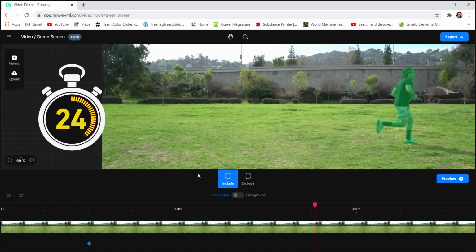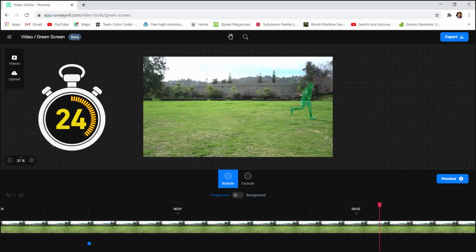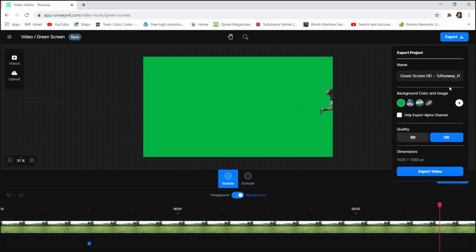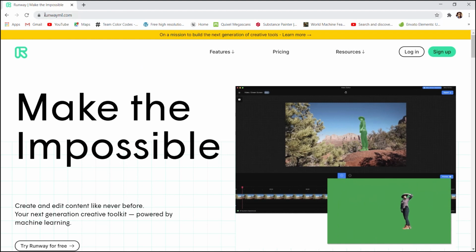All right, let's see how fast this goes. Whoa! Oh my goodness, there you go. It is completely rotoscoped. Compare that to Rotobrush. It would have taken you at least 10 minutes, 15 minutes, maybe even 20. Amigos, head over to